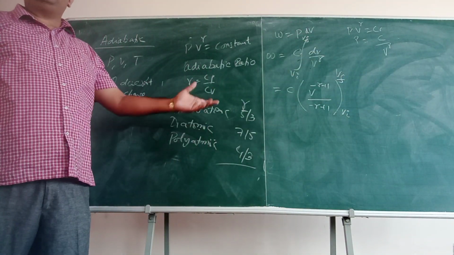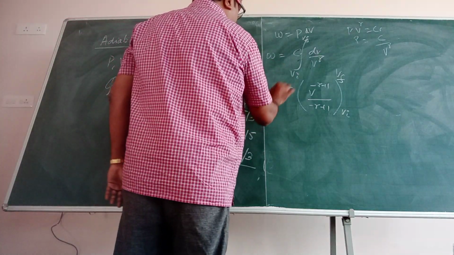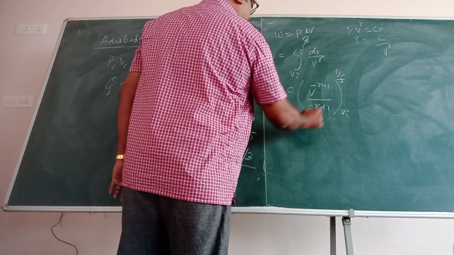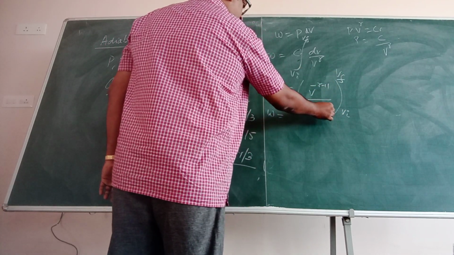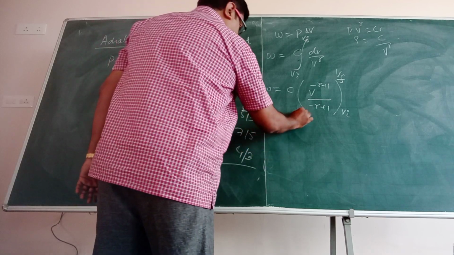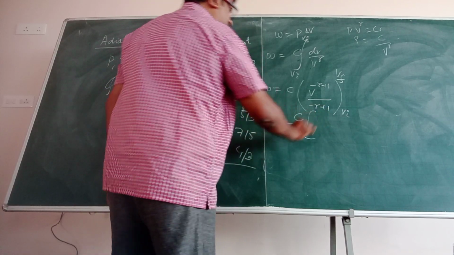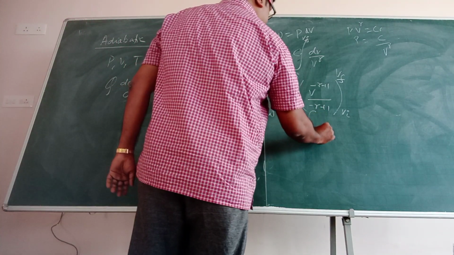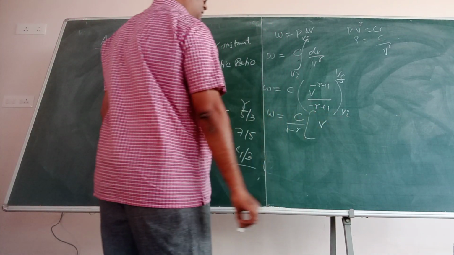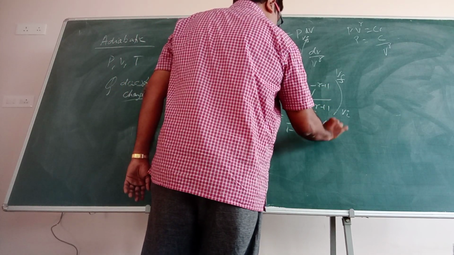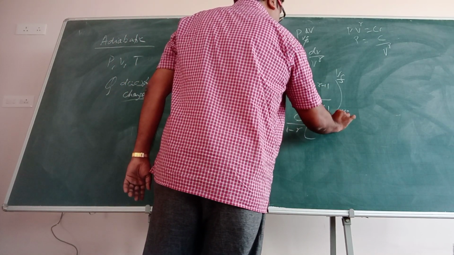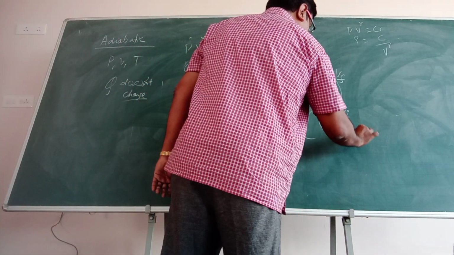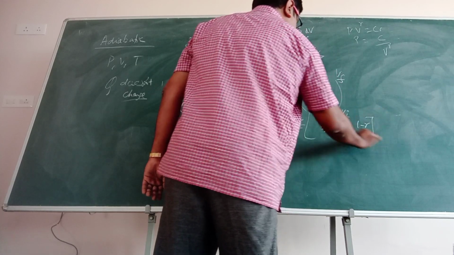Okay? And you have to substitute the boundary condition. Then you will get the value of W. So W is equal to, just put it over here. So this becomes, you see, 1 minus gamma is a constant. So I will bring it out, 1 minus gamma. Minus gamma plus 1 or 1 minus gamma means the same only. So this becomes Vf to the power of 1 minus gamma, right? Minus Vi to the power of 1 minus gamma. This is what I got.